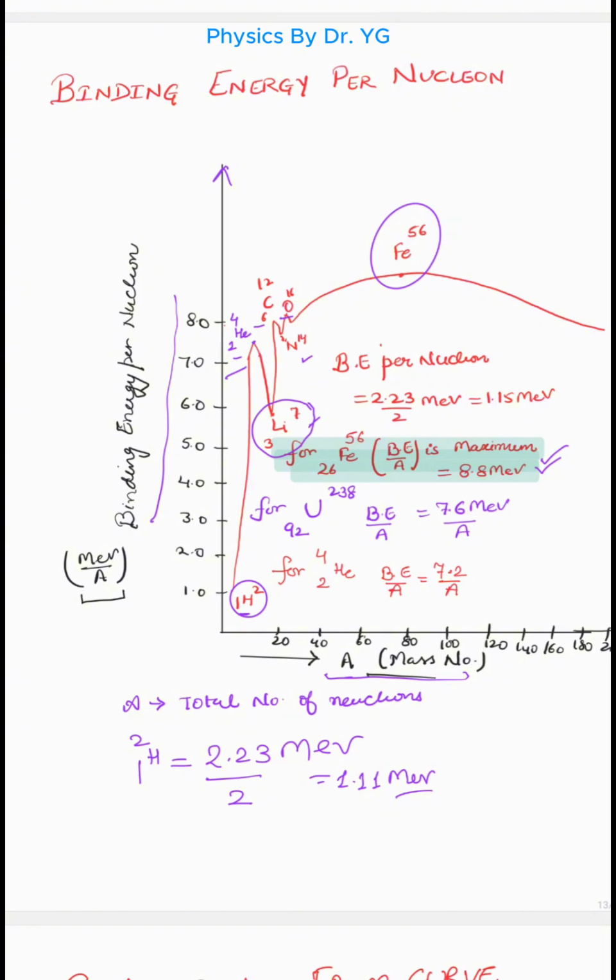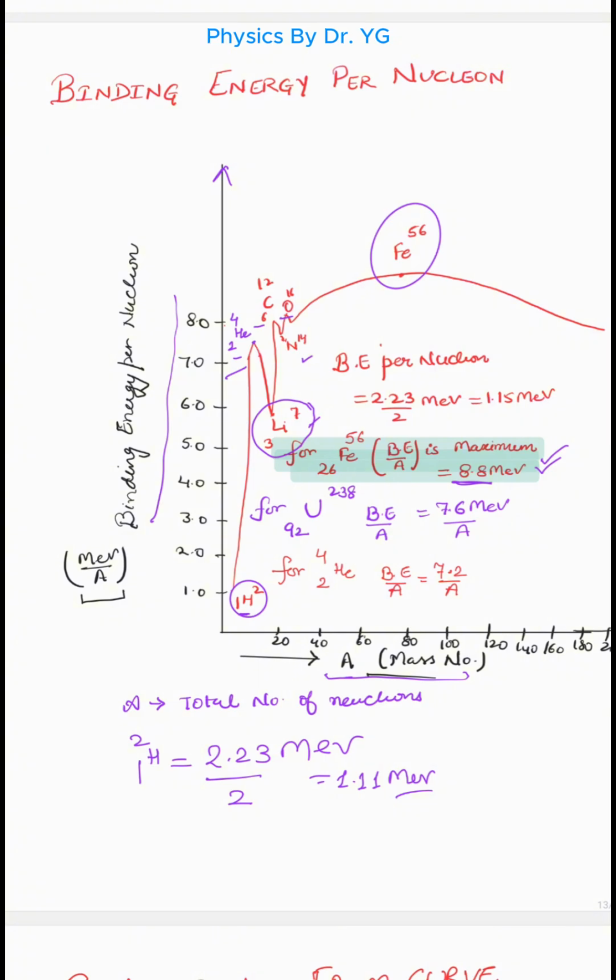So we need to remember the value also, which is 8.8 MeV, and also which nuclei, which is iron, which is 26Fe56. It might occur that the examiner gives you 4